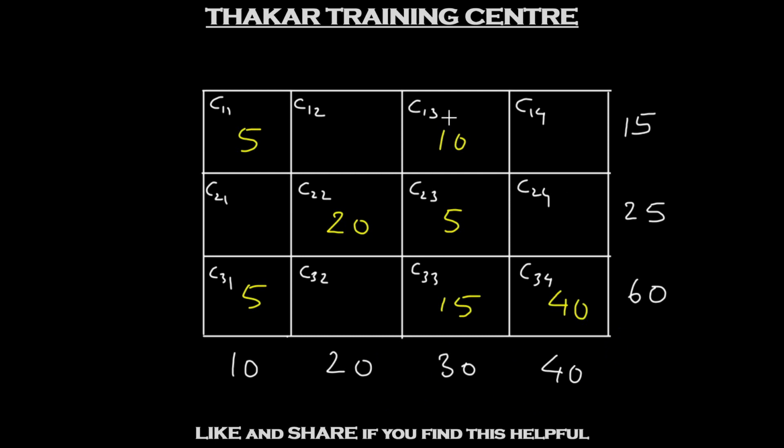If you see, there are a few cells of this matrix which are empty. This means that there will be no quantities transported from those particular sources to destinations. For example, when this cell is empty, it means there is no quantity which will be transported from source 1 to destination 2. Likewise, when this cell is empty, there will be no quantity transported from source 2 to destination 4. Now the numbers in yellow indicate the quantities that will be transported from a particular source to a particular destination. So this 10 is the quantity that will be transported from source 1 to destination 3. These numbers in yellow are called the allocations.